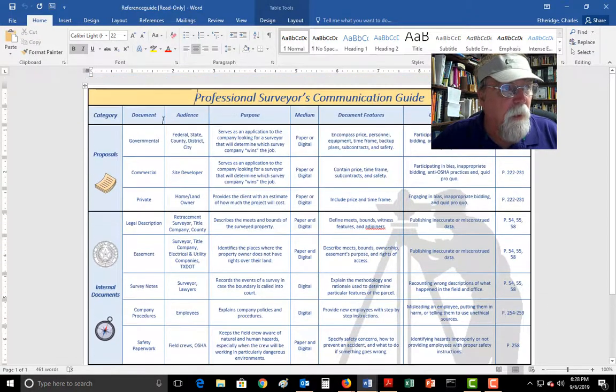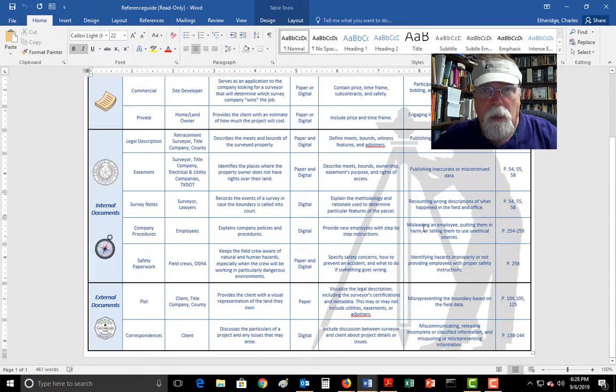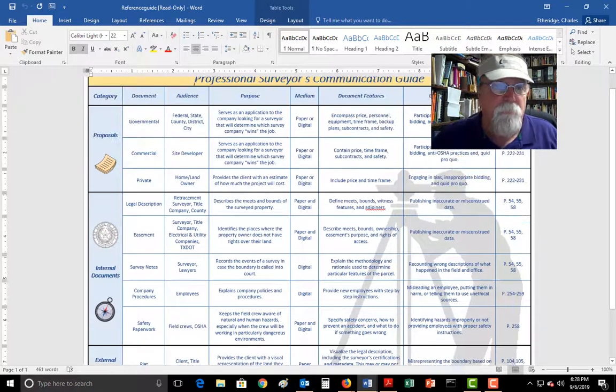And also note, you've got proposals, internal documents and external documents. There's a little graphic to illustrate each as well. And notice the colors kind of keep information separate. Each separate sub-writing has a big block around it, and the little designs are there. The little lines separate the separate sections as well. And then he used a sort of watermark on the back, without distracting, to give this overall visual image of a surveyor at work. So lots of information